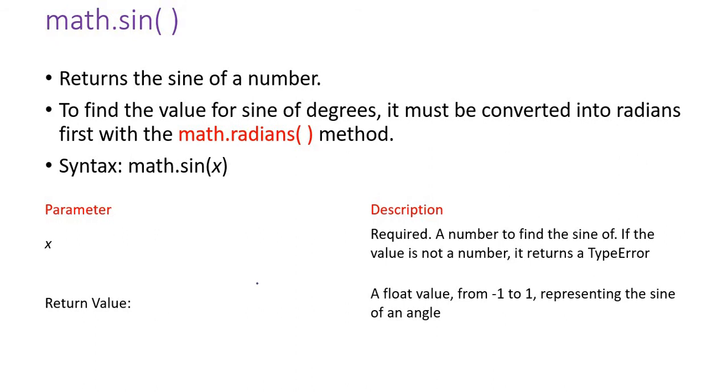Then sine. Okay, sine function. So S-I-N, sine. That will produce the sine of that particular angle. You need to feed the information in radians. By default you need to feed the information in radians. It will give a value from -1 to +1. We know that the sine signal has a maximum value of +1 and a minimum value of -1. Okay, we'll try this.